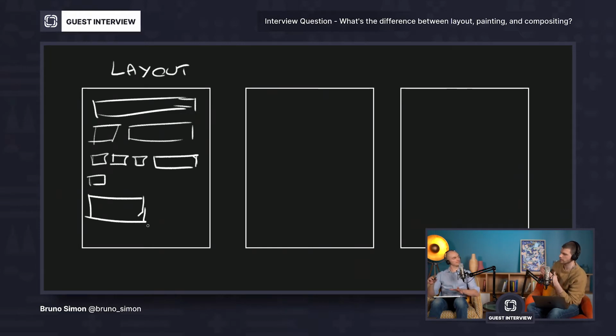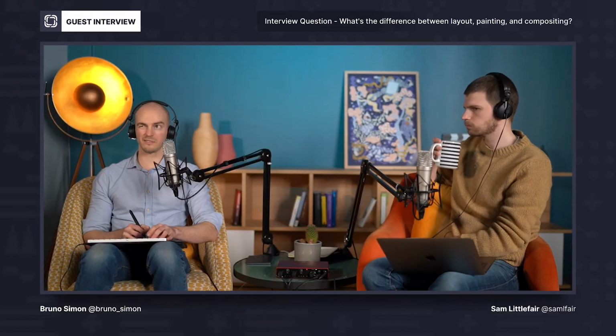So is the layout a step in the browser rendering process, or is it just a theoretical concept? It's a step, but we can't see anything. It's like putting boxes. You just put theoretical boxes. One will be there, and because this one is there and the other one has to be this size, this one will be there, and it goes on like this until the end of your HTML code. But it's just theoretical, yeah.